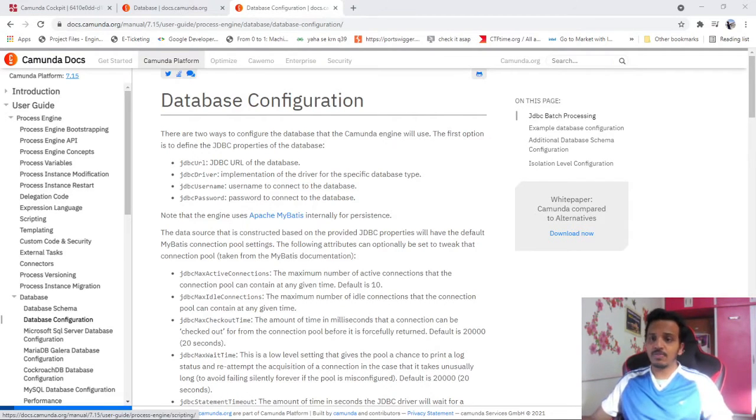So first of all, when you're downloading any distribution, be it a Tomcat distribution, be it a Spring distribution, by default you are getting H2, be it the in-memory H2, be it the on-disk. If you don't know the difference, in-memory H2 means every time you shut down the application, all the content on the database gets erased. On disk means the H2 database will have persistent data. That means even if you stop and start again you will have the data. Okay, now let's get onto the connection part.